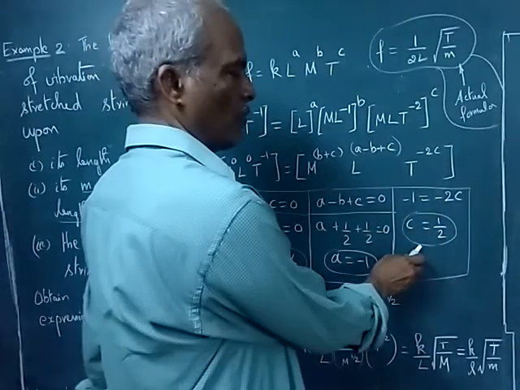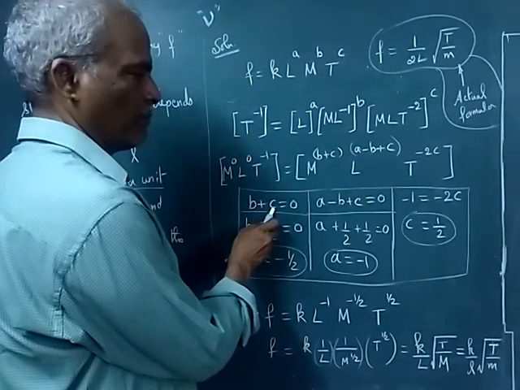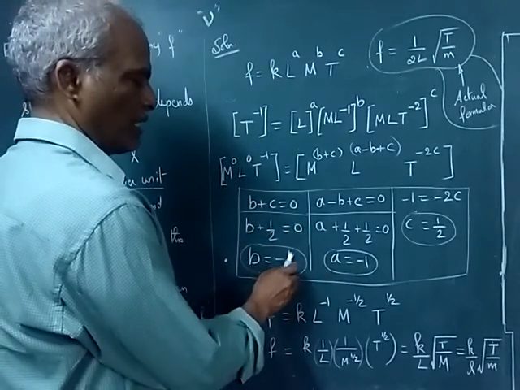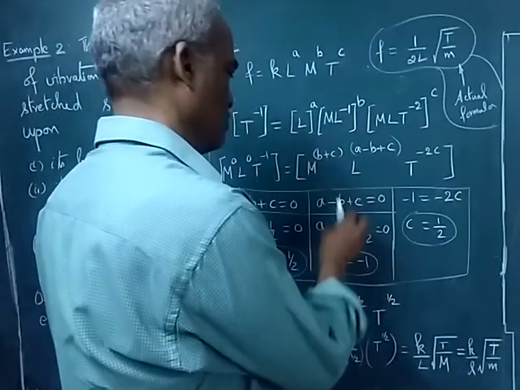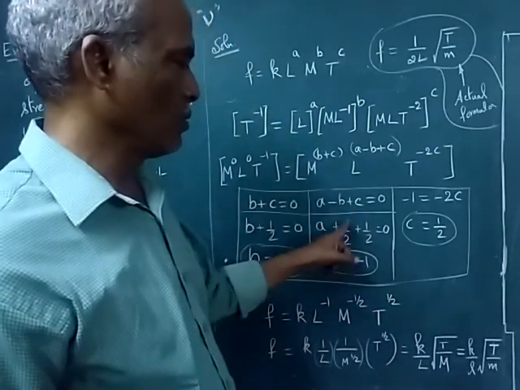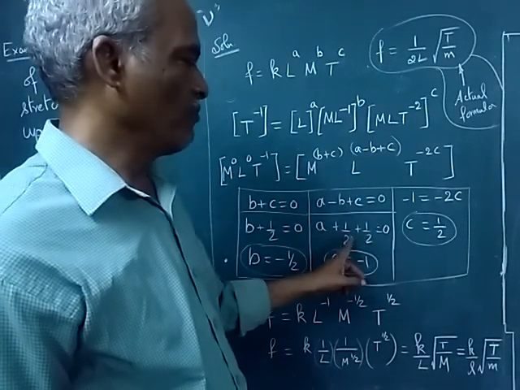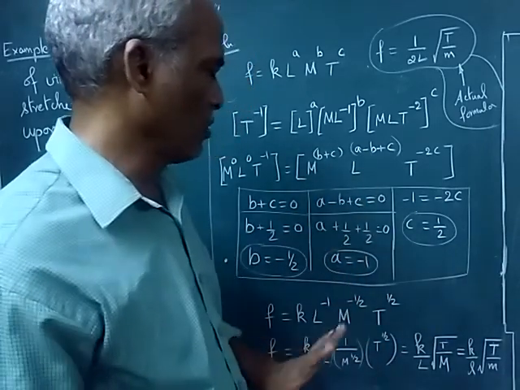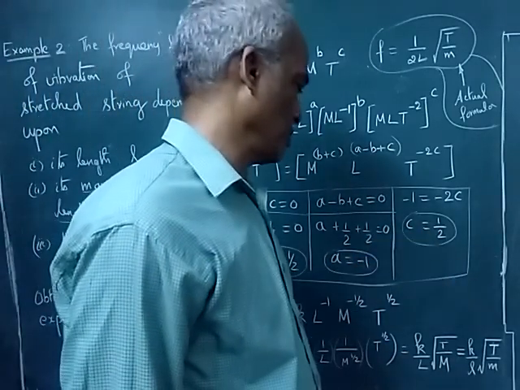So now we got the value for c. This value you substitute here for c. So what will happen? b plus c, that is 1 by 2, equal to 0. Therefore b is equal to minus 1 by 2. So we got the answer for b also. Now we know c and b, we substitute in this equation. a minus b, here minus of minus is plus, so 1 by 2 plus c, c is 1 by 2, equal to 0. Half plus half is 1. If 1 goes to the other side, a equal to minus 1. Now we have all the values: a equal to minus 1, b equal to minus 1 by 2, c is equal to 1 by 2.